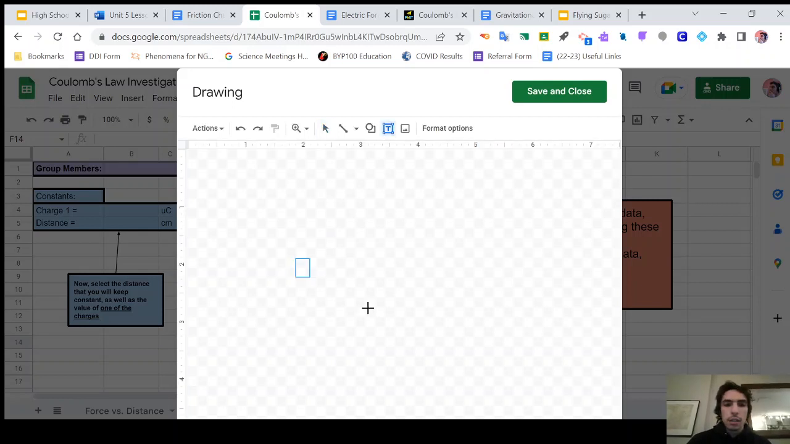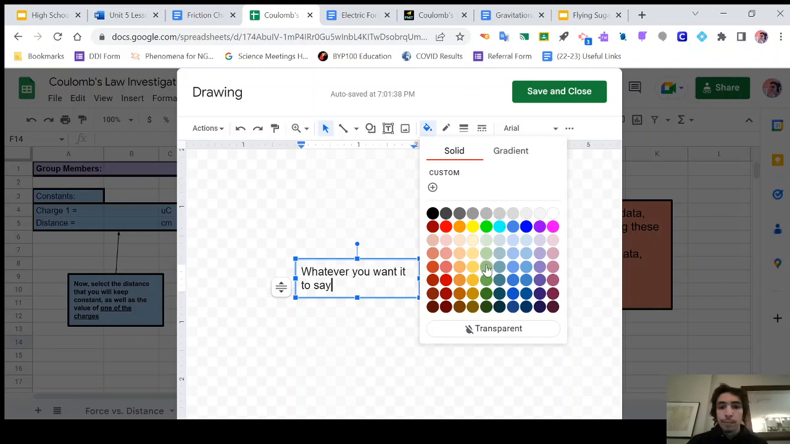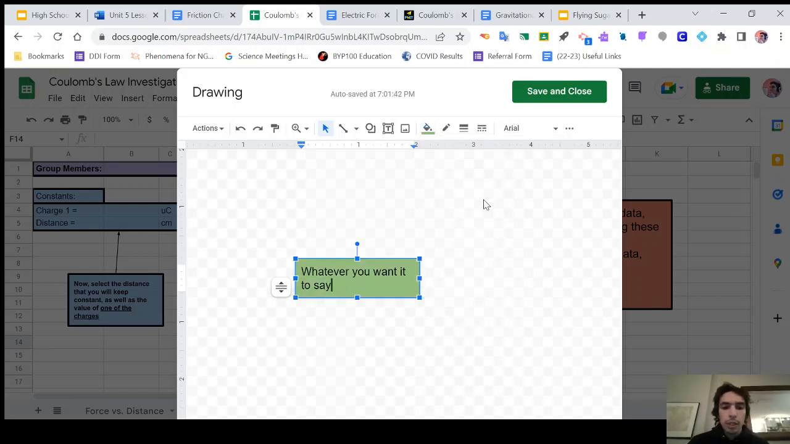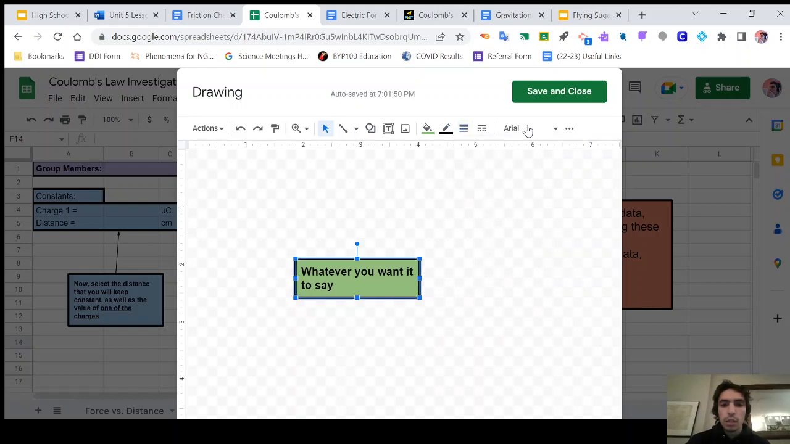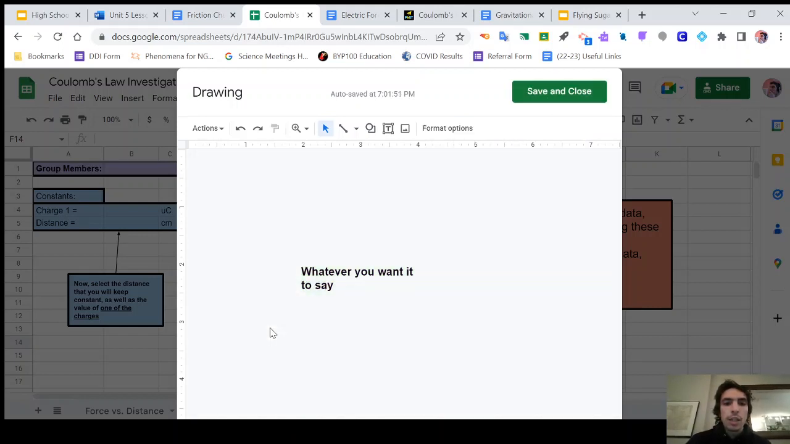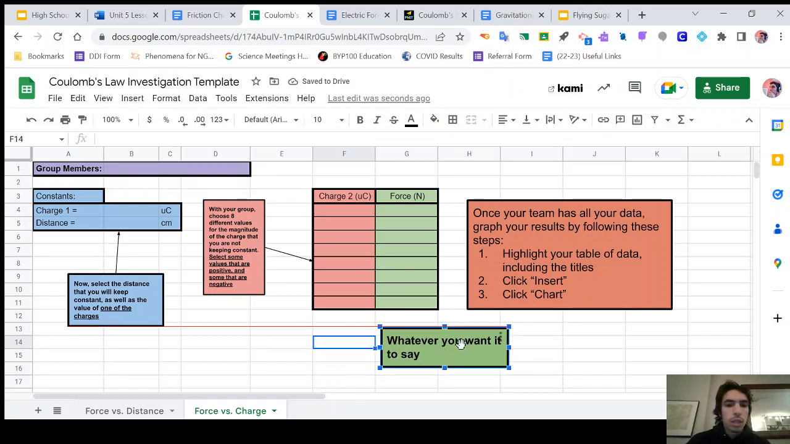and type in whatever you want it to say. And then you just want to make sure that you make it the color of whatever thing you're trying to do. I'll usually put a border around it just because I think it looks nice. And then you can always put an arrow around it or whatever, but you would want this to match with whatever part of the spreadsheet that you go into,